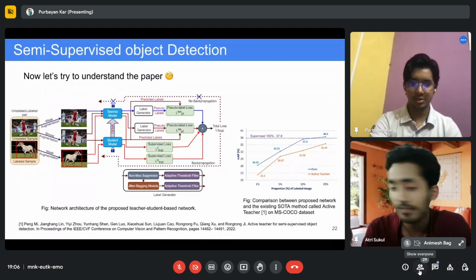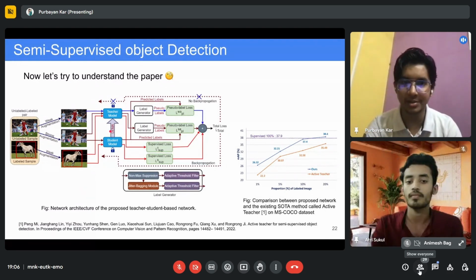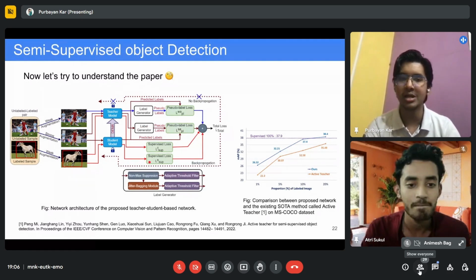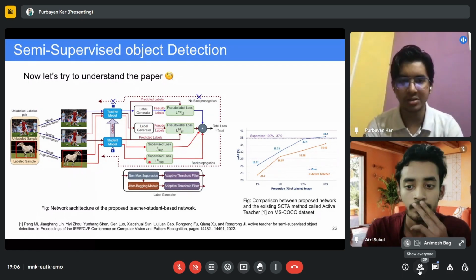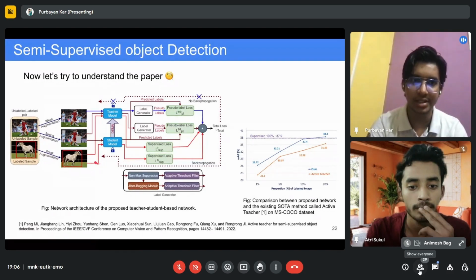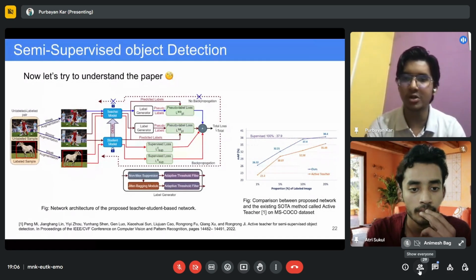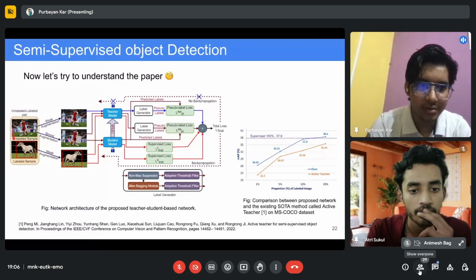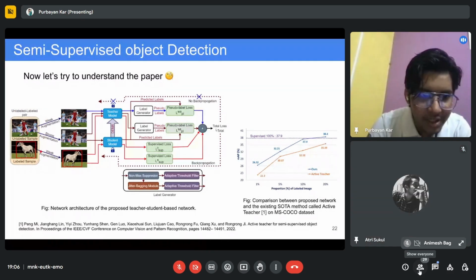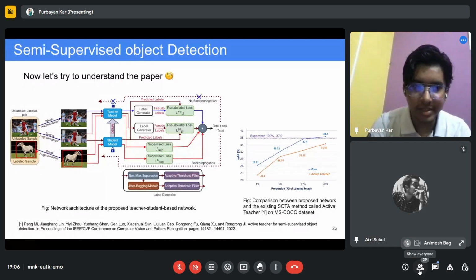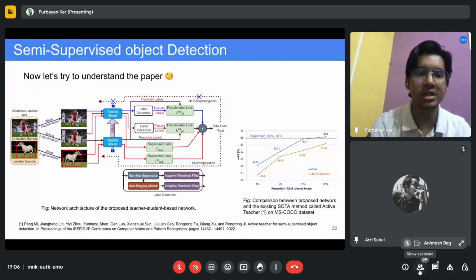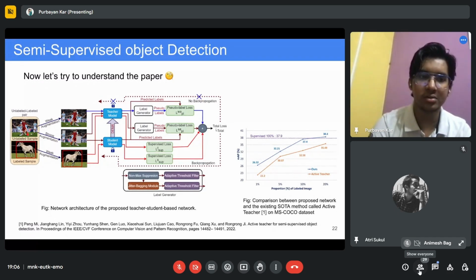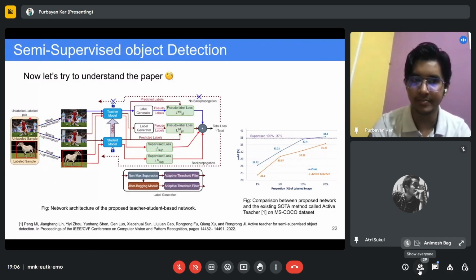Okay, so now let's try to understand this paper. I won't go very deep, but let's try to understand this. I have been talking about semi-supervised learning, and now how to actually use it. This is the data that we currently have. This is the labeled sample inside the data. The label says where the object is. This is a horse. This is unlabeled data. These are football players. They are not annotated, they are not labeled. So we have this labeled and unlabeled pair of data.